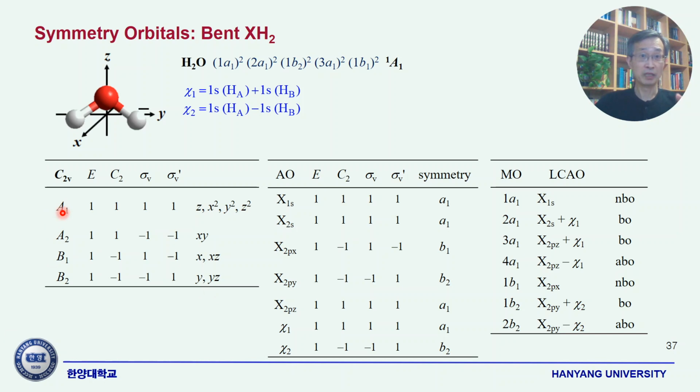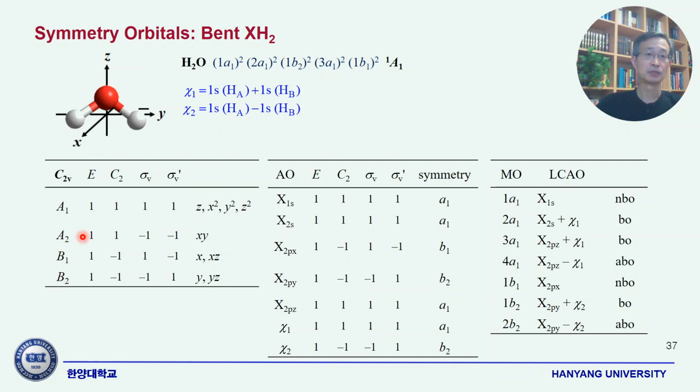The Mulliken symbol is designated such that for C2 or Cn rotation, if it is symmetric, that's 1, antisymmetric is -1. If symmetric for the C2 operation, that's A. If not,